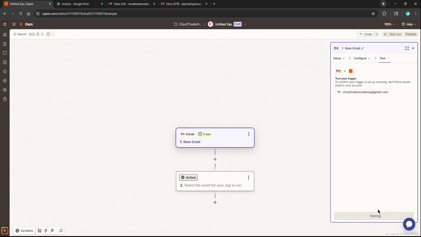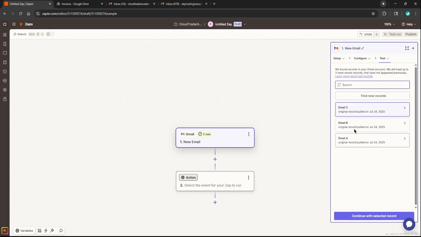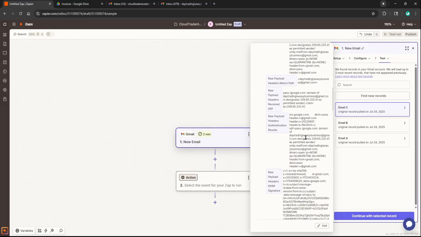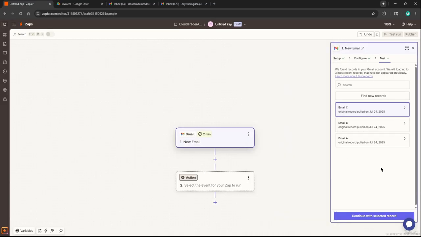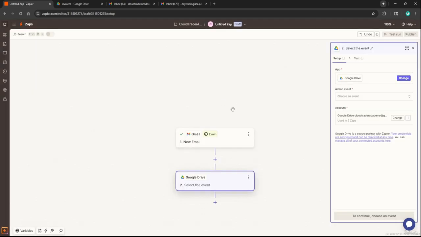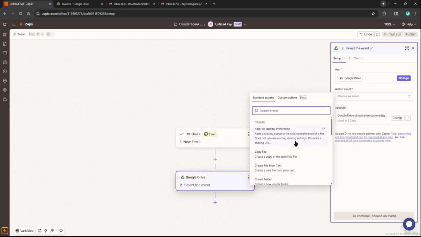I'm going to test this to make sure it can grab my emails, and then we will pull one of these examples. I just sent myself an email from another Gmail account. So it does look like this is the correct one. So I'm going to click on continue with selected record. And now we're going to go ahead and place an action. So let's go and click Google Drive. All right, so now in my Google Drive, we will hit our action event here, and let's do